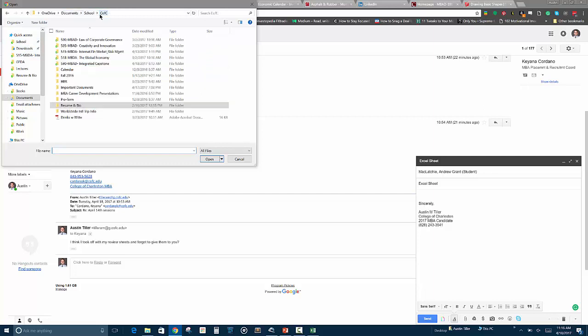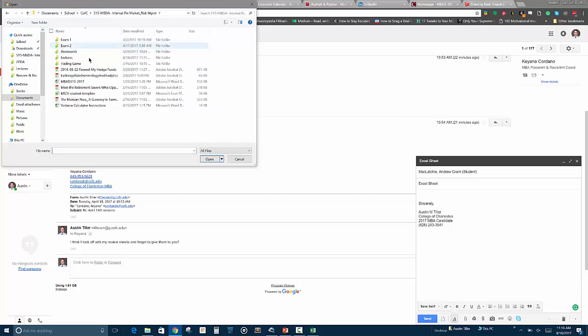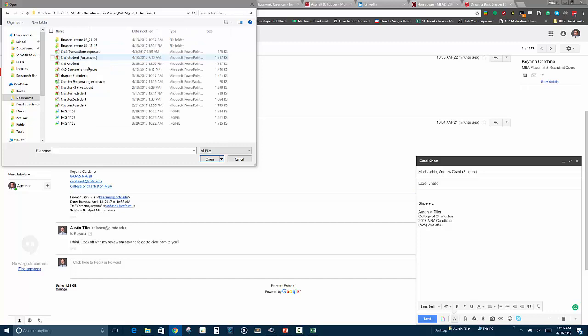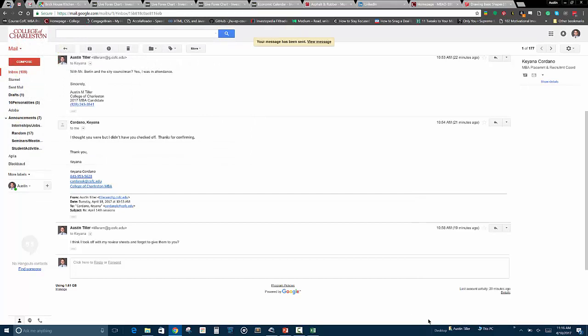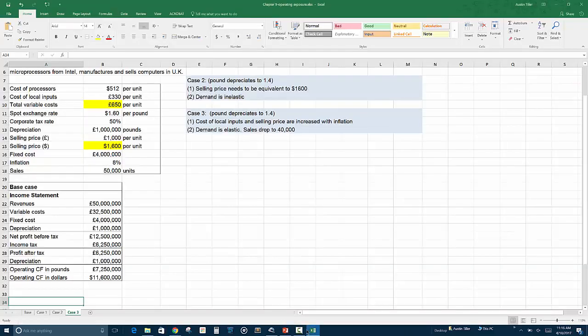Case number 3 is probably more realistic. We're going to again depreciate the pound to 1.4. We're going to make some adjustments on the cost of local inputs and the selling price based on inflation. Here's where we kick in the inflation, 8%. We're going to increase local inputs by 8%. Price will be adjusted according to inflation, 8%. Assuming that demand is elastic, when we change the price, we assume the sales will drop to 40,000 units. We're going to use the